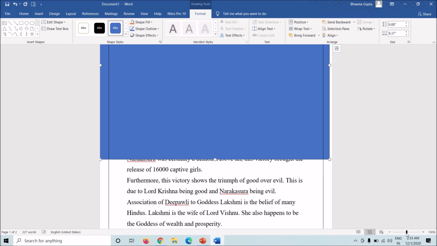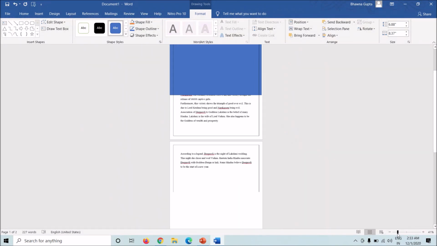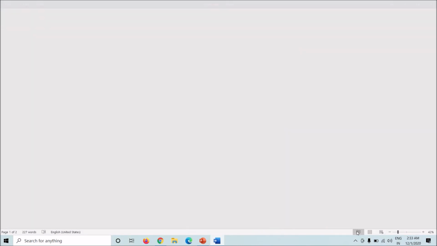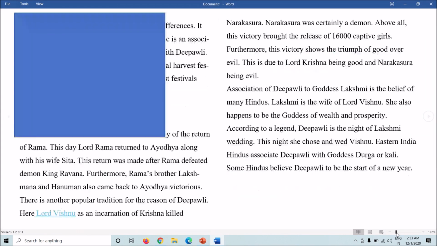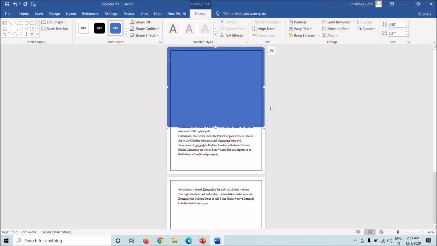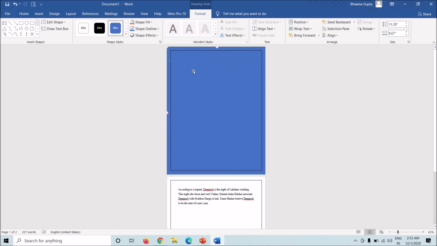I need to adjust my screen for that. Let me just adjust my screen. So I chose the entire page as the shape